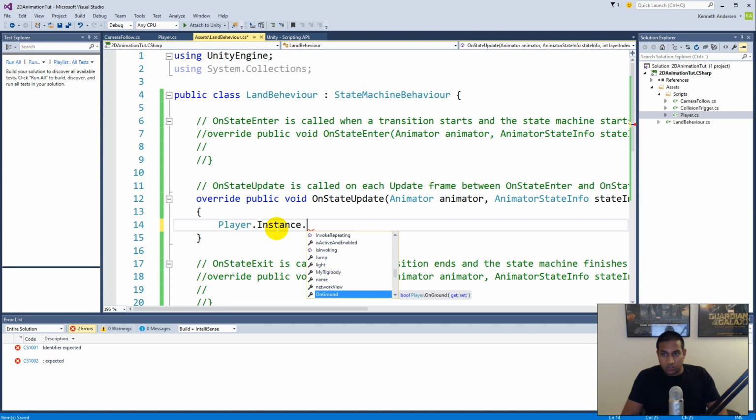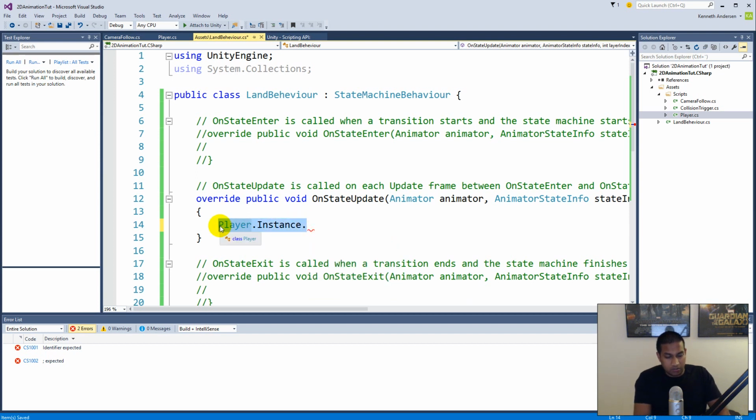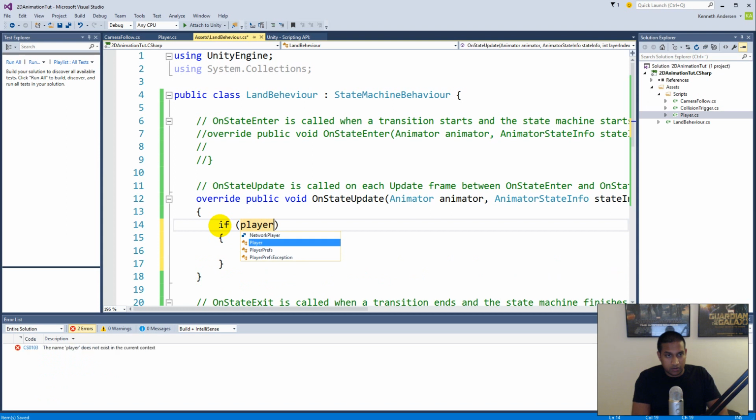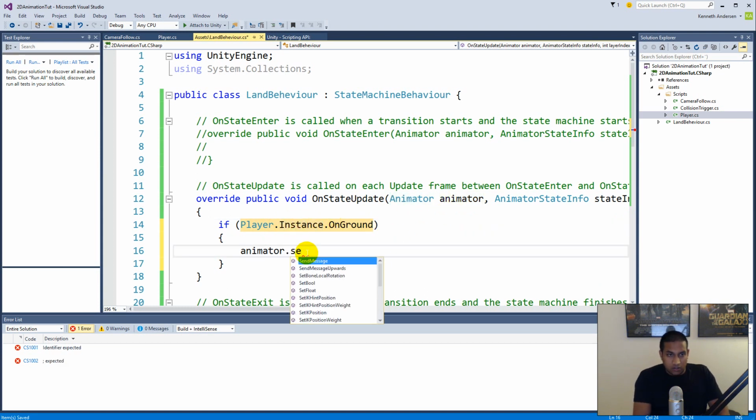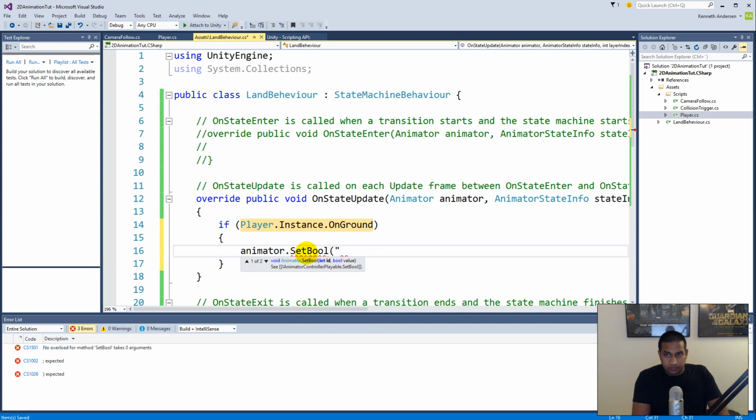And what I want to do is to check if the player is on the ground. So I have to make an if statement. It says if player dot instance dot on ground. So if the player is on the ground, we'll have to say animator. And the reason that I don't write my animator is because this animator here is already the player's animator, so I don't need to go through the singleton instance to access it. The set bool land